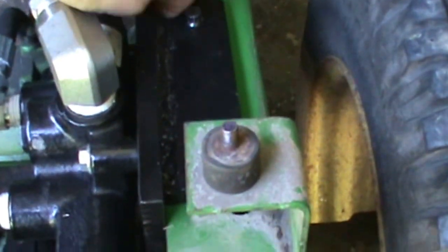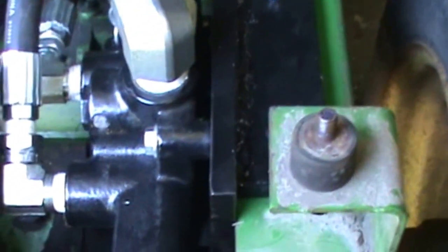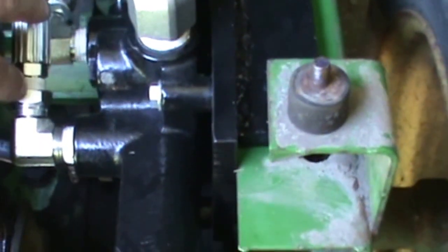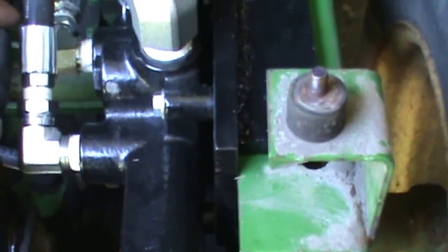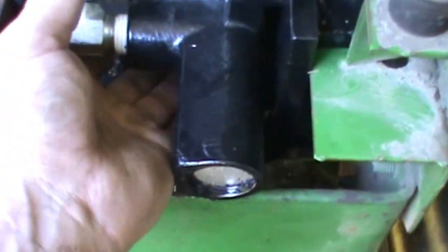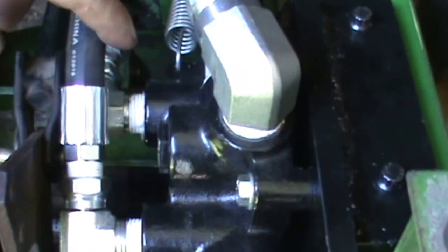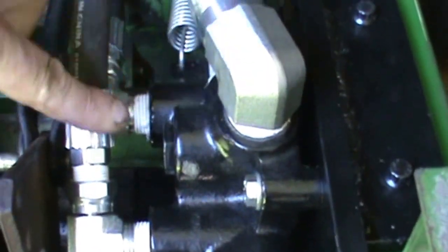The nuts are welded on so that you just pull this off, pull everything out, and it comes out in about 5 minutes. But the biggest thing is getting the lines off if you were going to take it off of there. Anyway, this is a 1/4 inch high pressure line coming in, and then down underneath here is the return line going to the power steering pump up front. There's the tiller lift. There's the cylinder lines that go to the front and back,